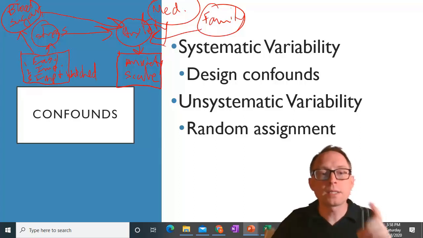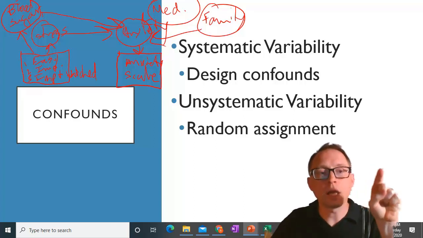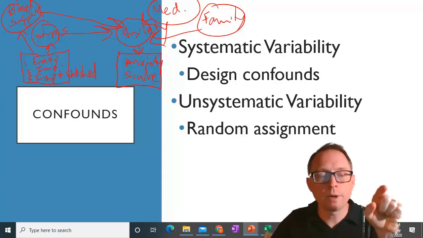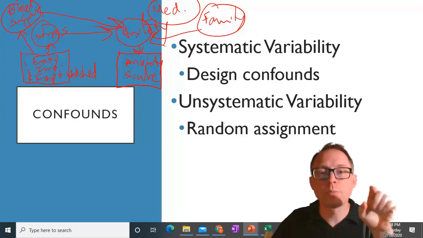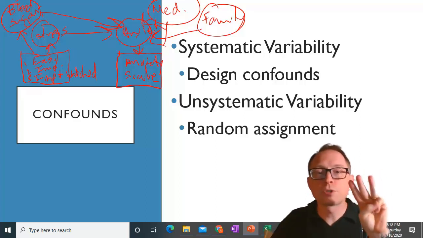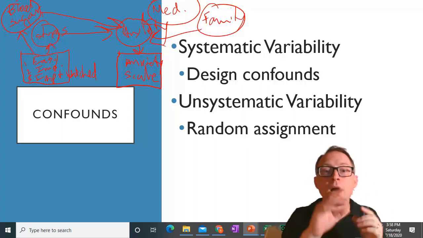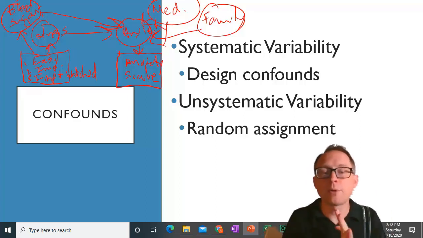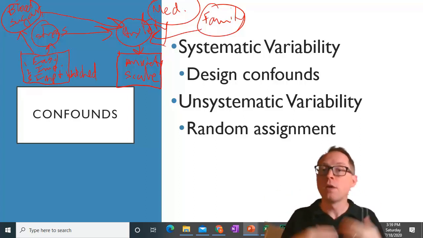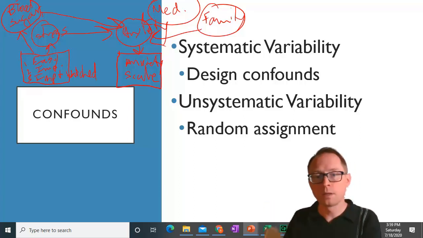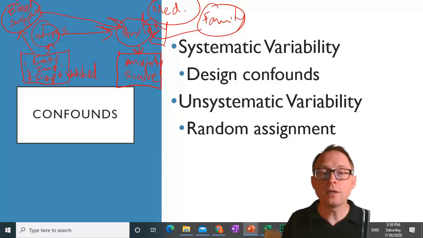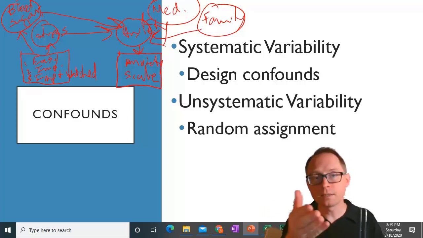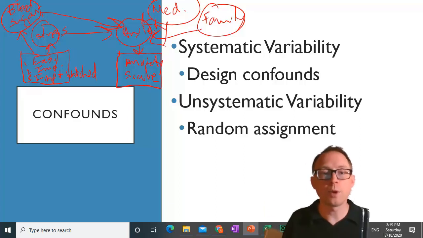If we randomly assign people to be in the easy group or the impossible group or the impossible plus watch group, if we randomly assign those three groups, then the amount of medication that the person is on, whether or not they're having family trauma, whether or not they ate breakfast, all of those things should be equal in the three separate groups. So if we have enough participants and we randomly assign them to each of those, then we can be sure that